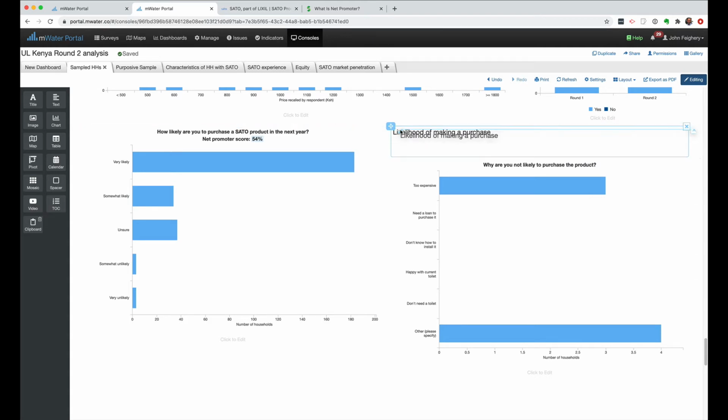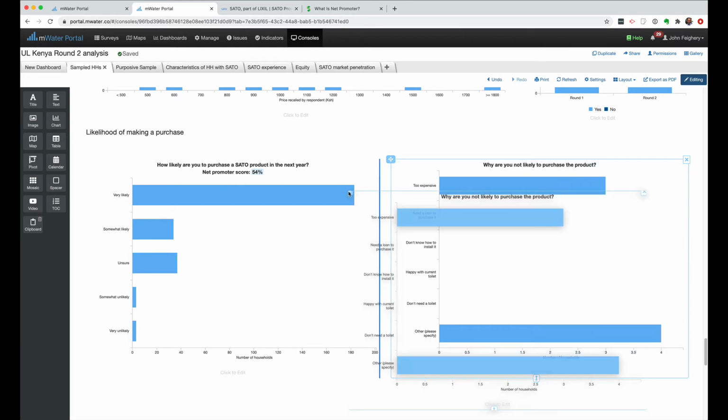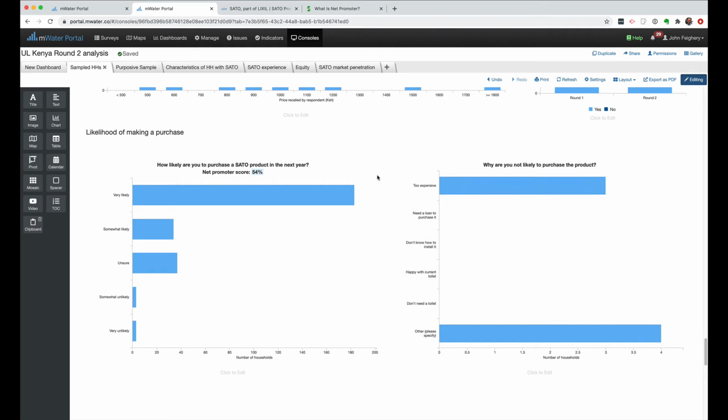I'm going to move this likelihood of purchase heading. I'm going to move that text box up here where it rightfully belongs, so these charts are the same size. You probably know this by now, but when you drag things around in mWater, they can only go in a particular spot, and it affects everything around it. So it's good to think about that before you move something. If you ever don't like what you did, remember there's always the undo button, which is your friend. Okay, so now we've got this